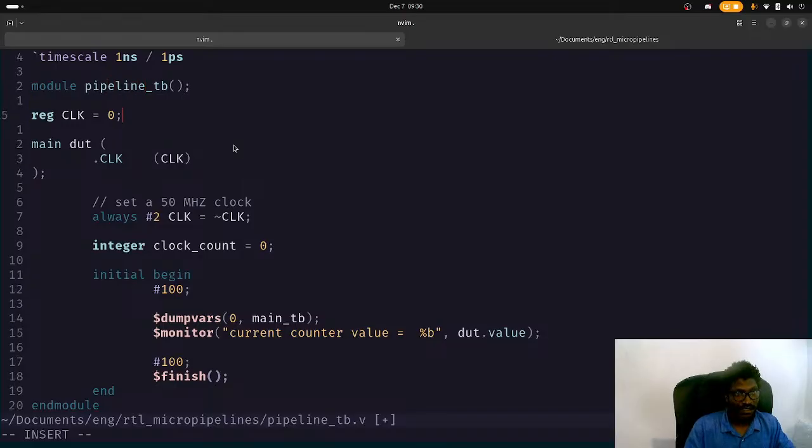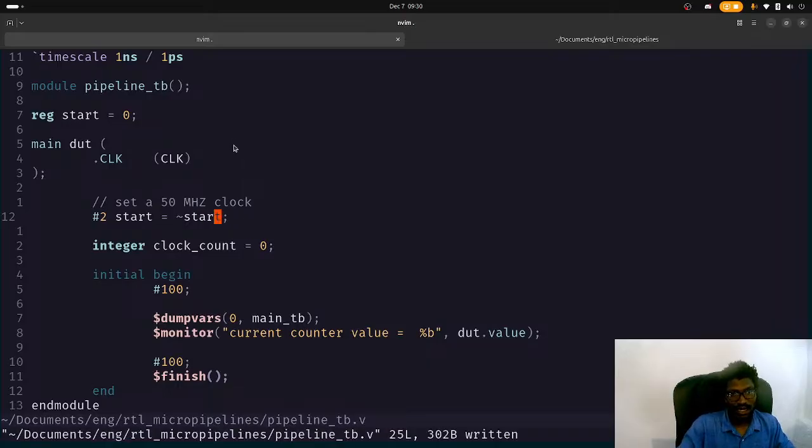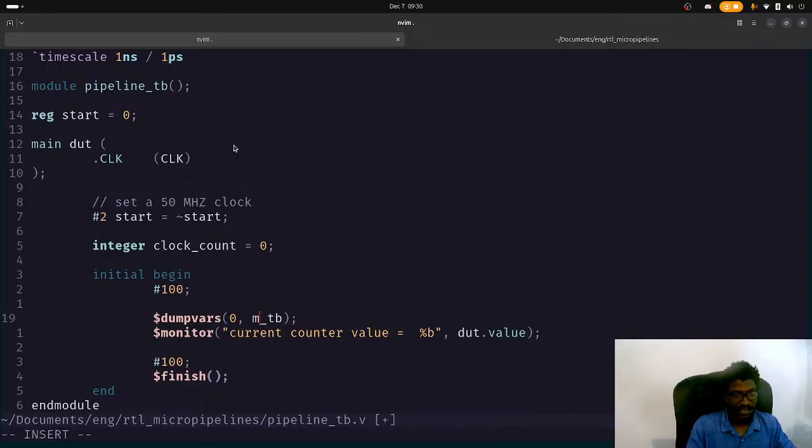I got a little frustrated there, and I want to do a reg start. And then I won't set this to an always because I just wanted to do wait, and then I want to do start is equal to not start. So just wait and do it once, and then in here I will dump vars of pipeline TB so that we can actually see them. Pipeline TB,